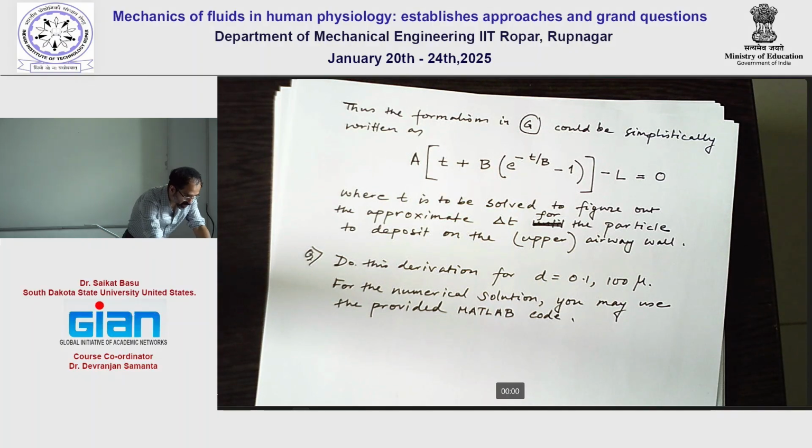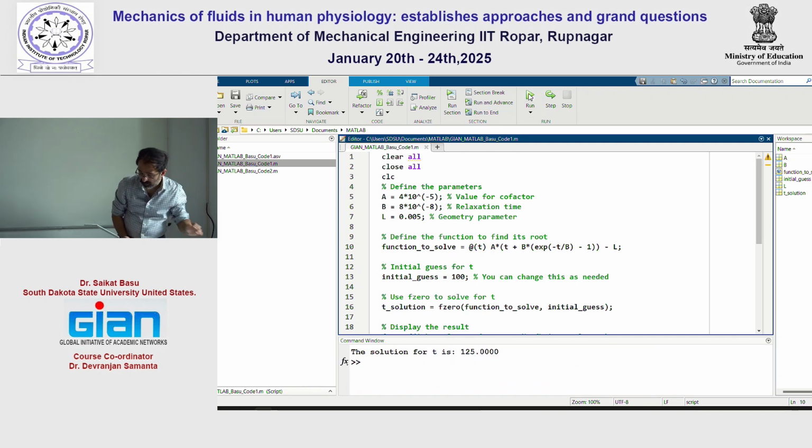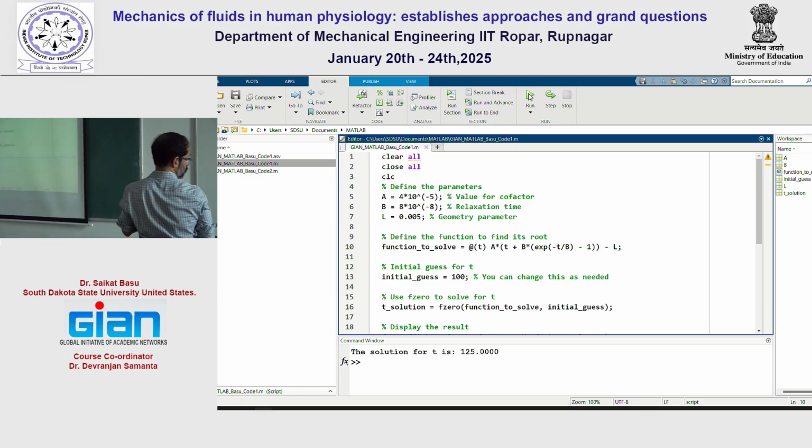Okay, let's move back to the code again. So I think I have corrected this. Let's run this again just to be sure. So 125. So now let's try out, this was the smaller particle. Let's try out the bigger particle